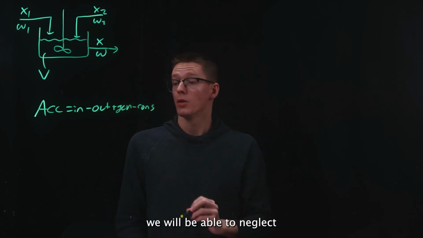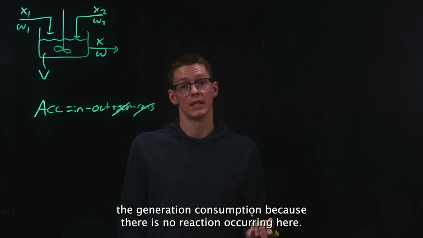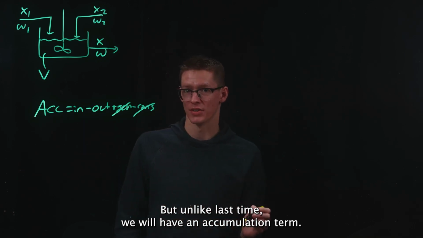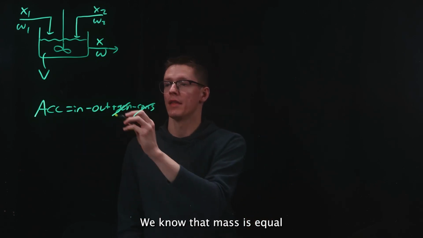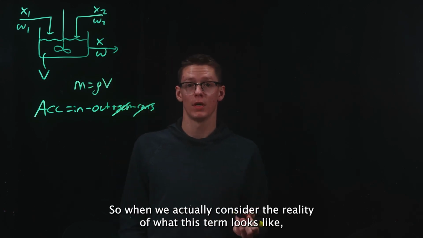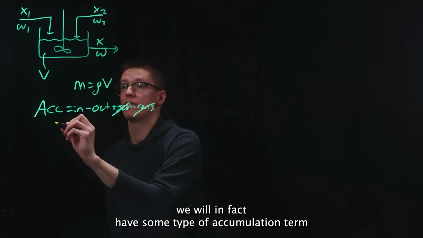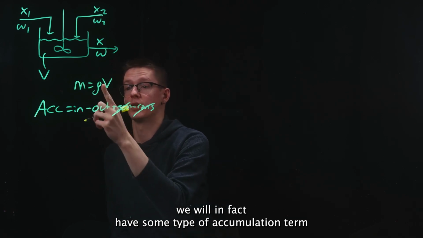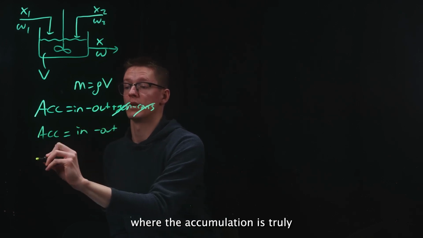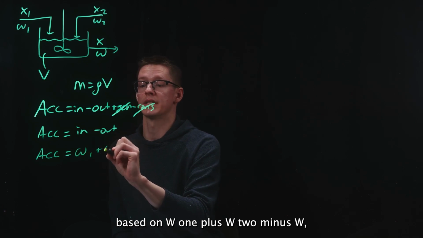With that, we will be able to neglect the generation and consumption because there is no reaction occurring here. But unlike last time, we will have an accumulation term. We know that mass is equal to density times volume. So when we consider the reality of what this term looks like, we will have some type of accumulation term based on our in and out, where the accumulation is truly based on W1 plus W2 minus